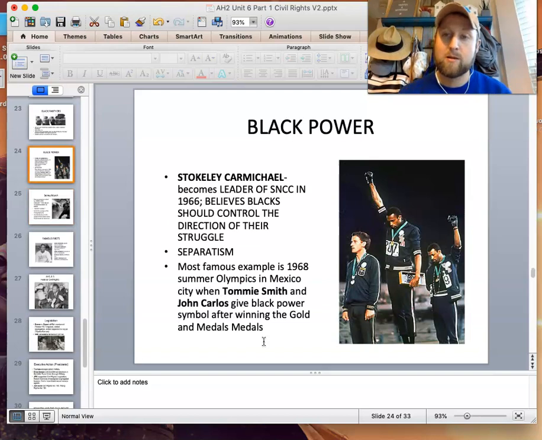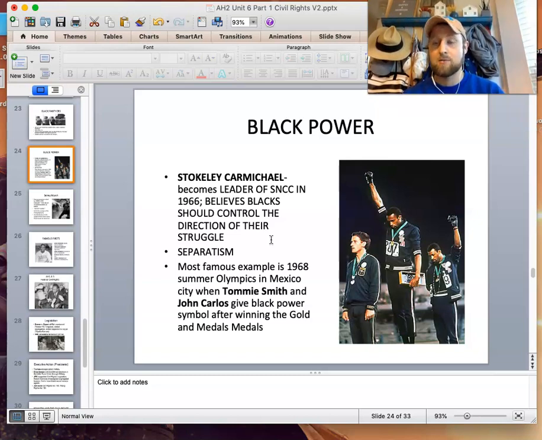The Black Power movement, signified by that one fist in the air, really comes to the forefront in the 1968 Summer Olympics in Mexico, where Tommy Smith and John Carlos come in first and second. You see them there, John Carlos and Tommy Smith, getting the gold and silver medal. Black Power and all these get rolled into one umbrella when you talk about civil rights, which isn't fair because they are all very distinct and can be studied in their own right.